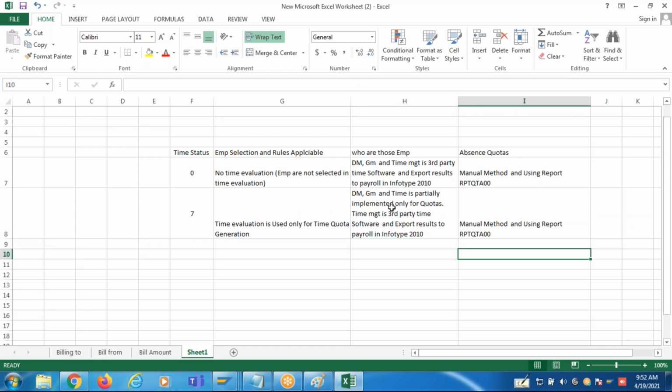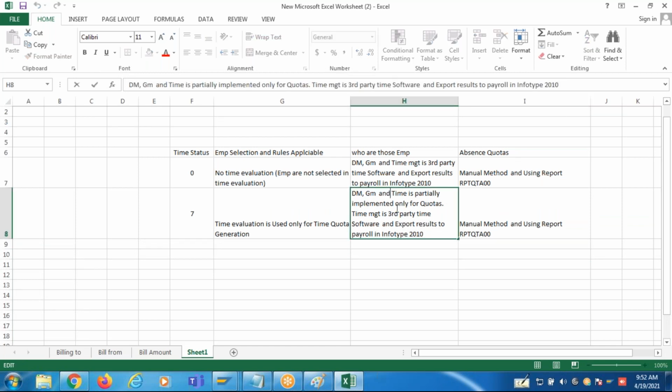Those are the employees for whom there is no late coming, no early out, no clocks recorded, no late coming fines, etc. Again, higher level employees.